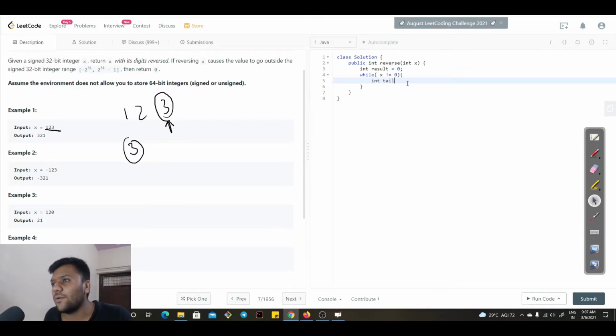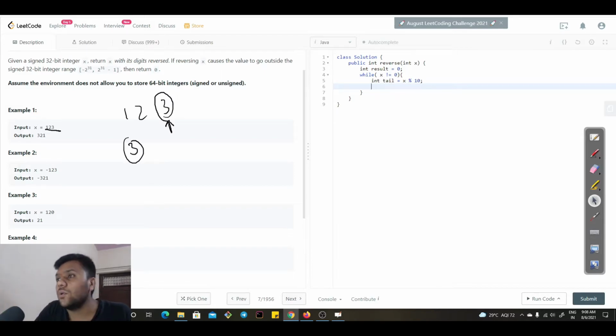Sorry for the background noise, some construction work is going on. Int tail equals x modulus 10. By doing this we will get the tail of our 3-digit number. So we will now have 3 in our hand. I will show you why we did it in our dry run.